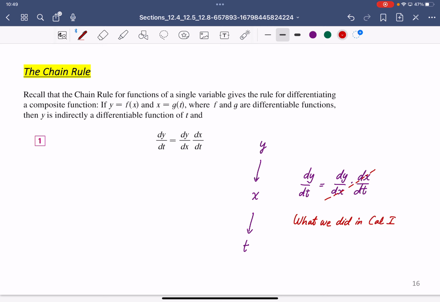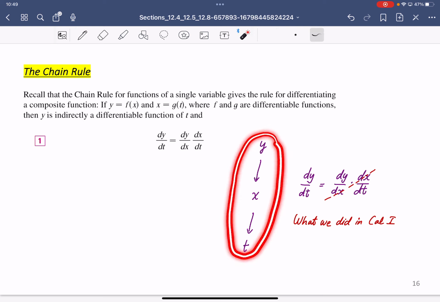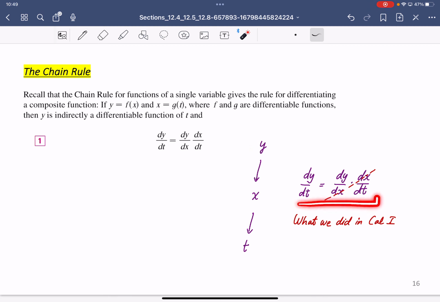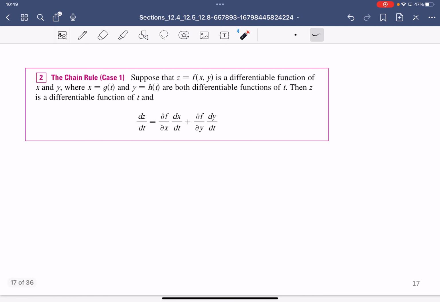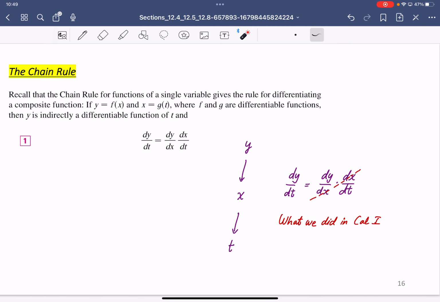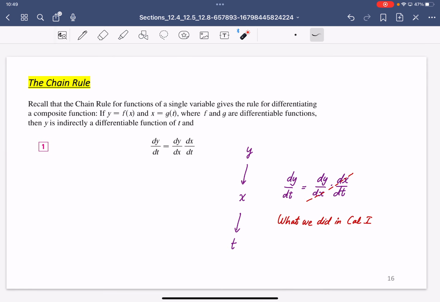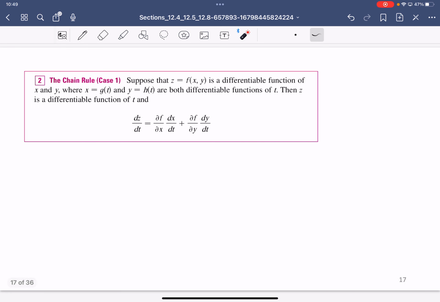But now in calculus 2, you're always going to draw the diagram here. And once you draw the diagram, you can set up the chain rule for 2 dimensions. So let's see how to set up the chain rule in 2 dimensions here. Ready? So this is chain rule number 1. For the chain rule in 2 dimensions, for example, you have